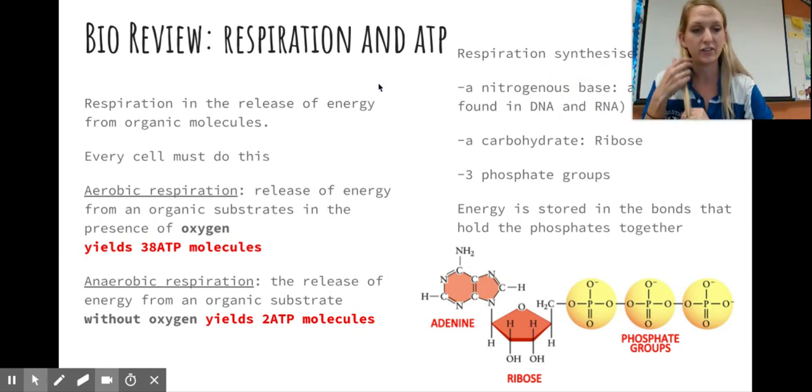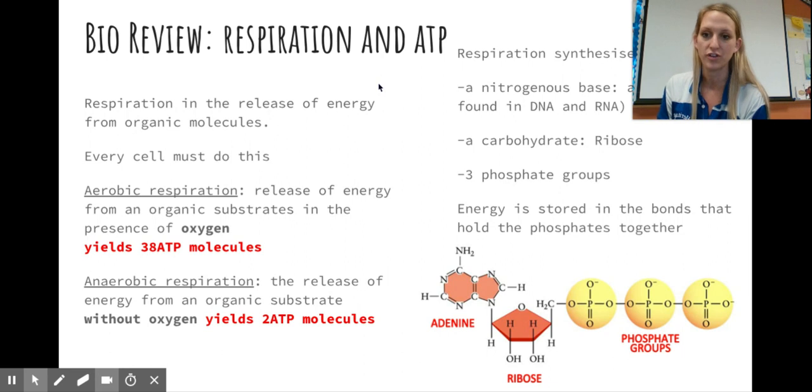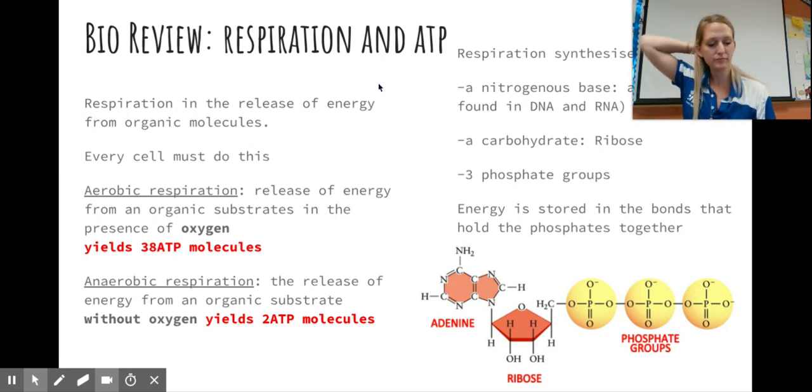Respiration is not breathing, it's the oxidation of glucose and thus the release of energy in the form of ATP. Every single cell has to do this. Our more active cells have more mitochondria, so they can do this more efficiently. Aerobic respiration carries out that process with the presence of oxygen, and it actually yields about 36